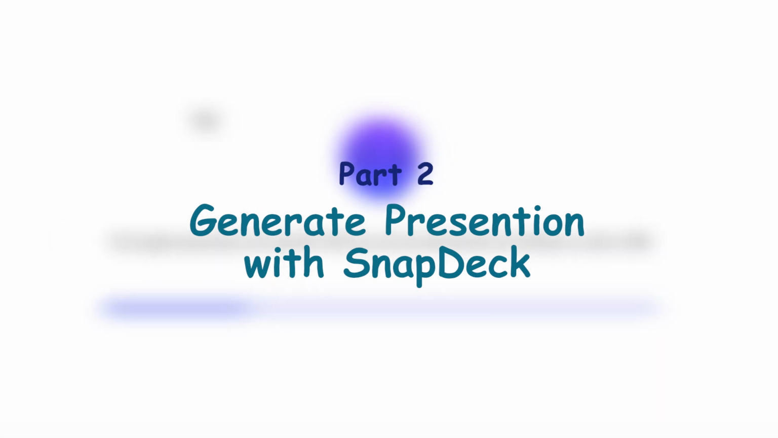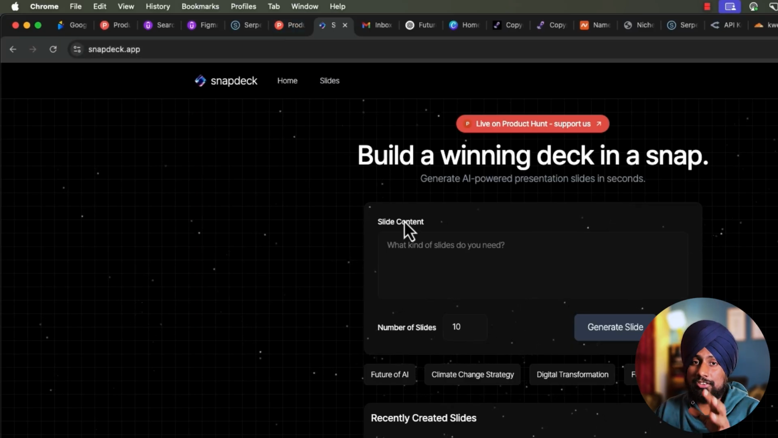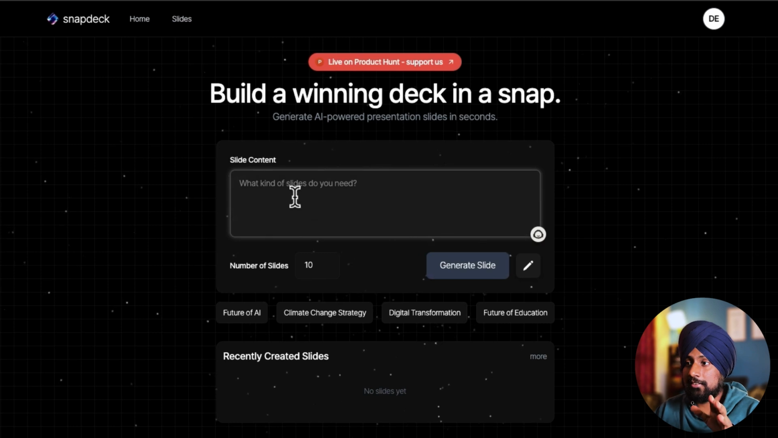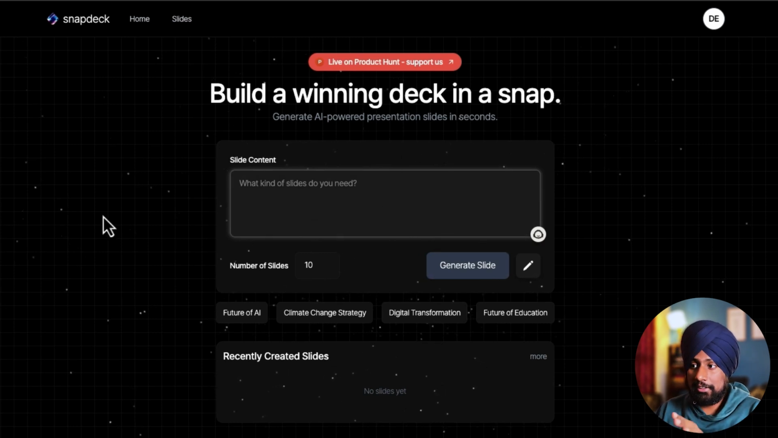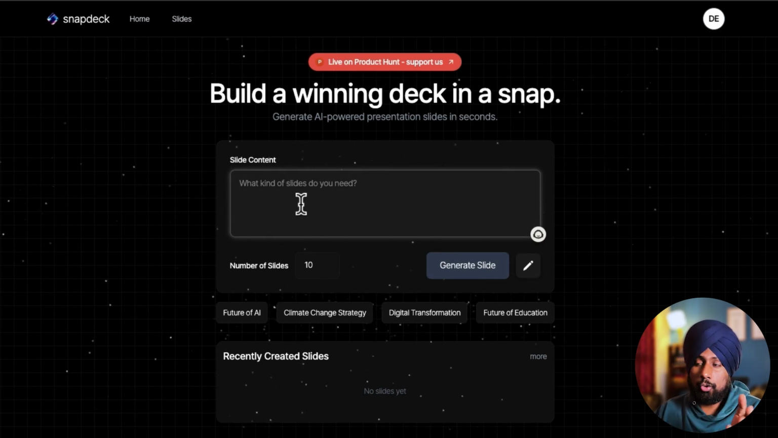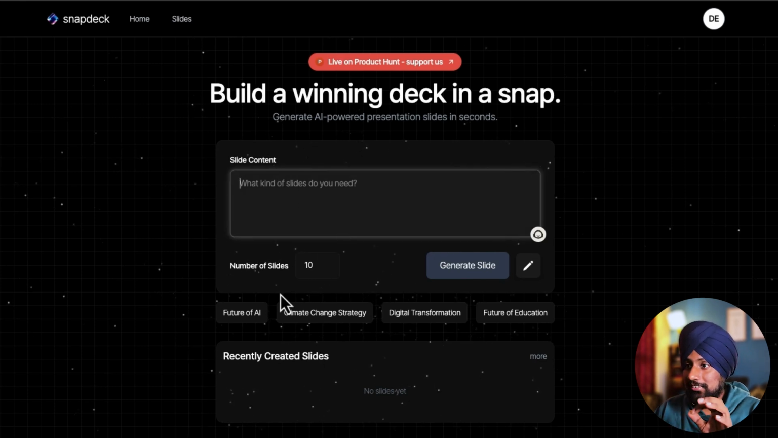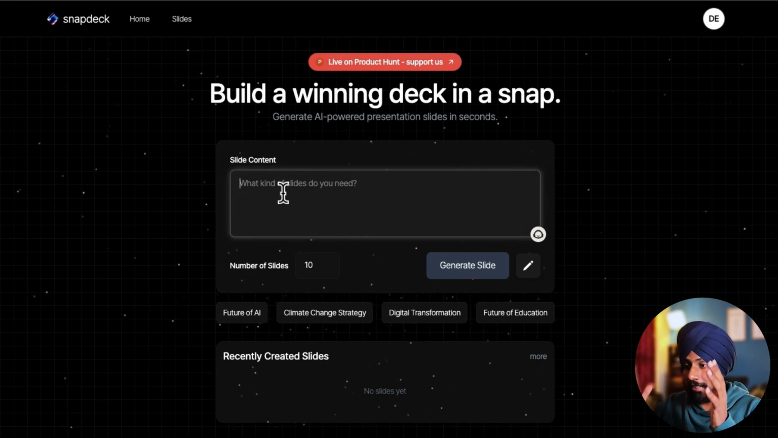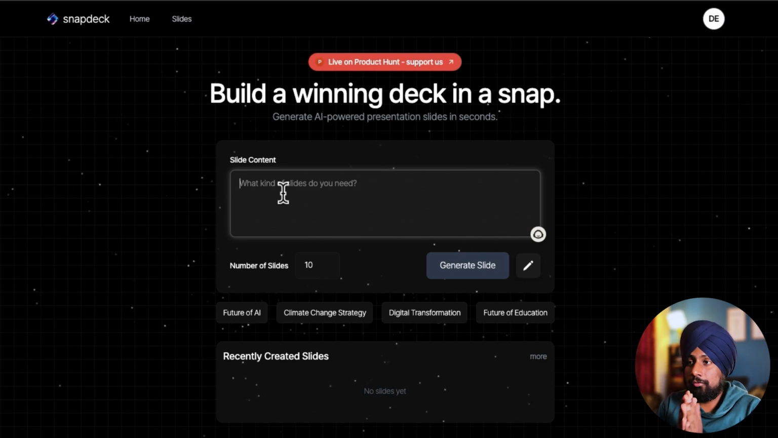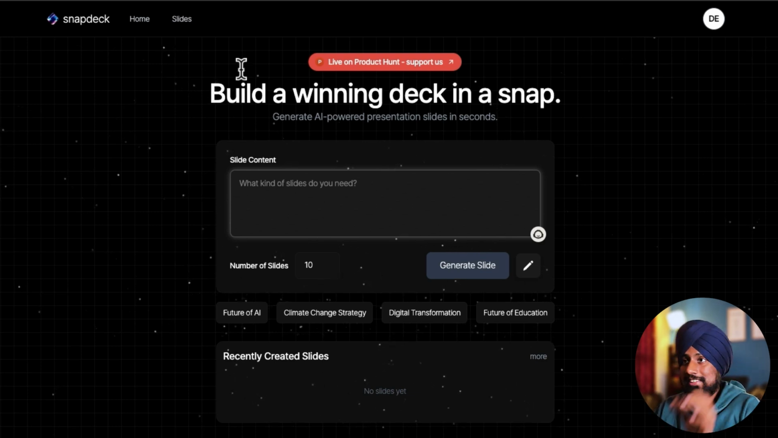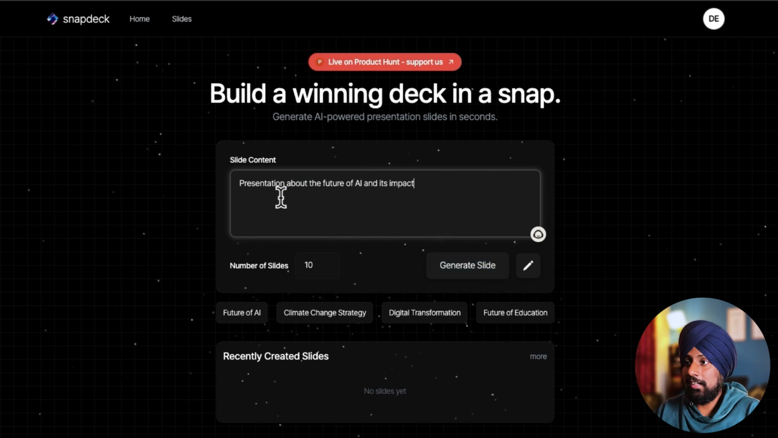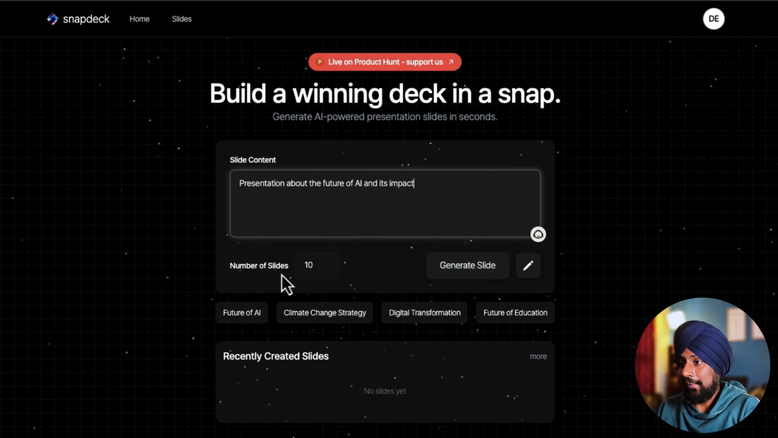And the second tool, which is recently launched, I think you need to go ahead and try this out because it's available for free for now and you can easily leverage this. The app name is snapdeck.app. All you need to do is just type your slide content. For example, if you want specific information, you just need to copy that and paste that here. Here it says the presentation about the future of AI, and then you need to type